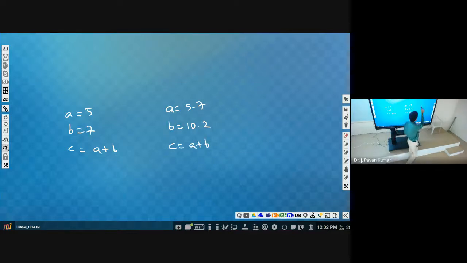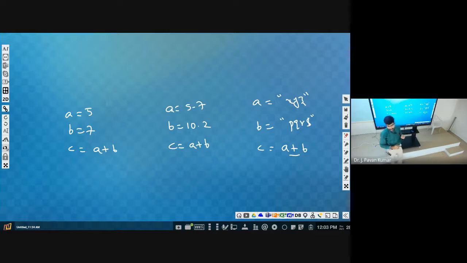Okay. Let us consider A value as xyz, B value as pqrs. We wanted to add these two. How can we write? C is equal to these two, we wanted to append one followed by the other. So we can use A plus B. Understand?